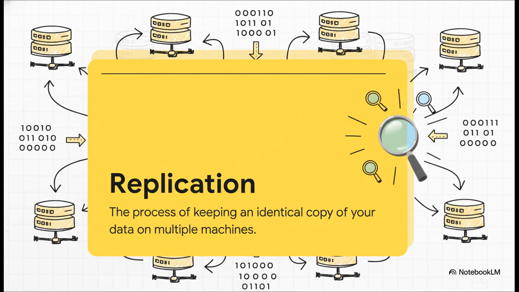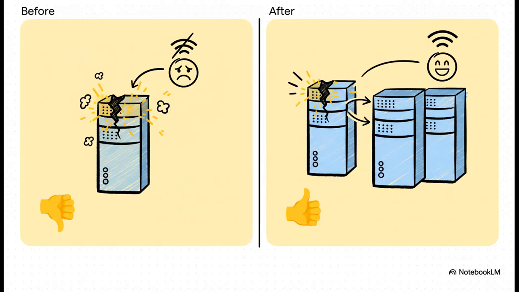And the idea is actually wonderfully simple. Instead of having just one copy of all your data on one machine, you keep identical copies on a whole bunch of machines. It's like having a team of clones ready to jump in the second something goes wrong. And this just lays it all out, doesn't it? Before, a single failure was a total catastrophe. Now, with replication, if one server goes down, no big deal. Another one just seamlessly takes its place. The app stays online, the data is safe, and, this is the most important part, your users probably never even noticed anything went wrong.